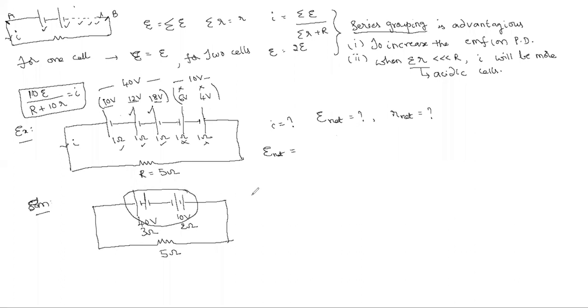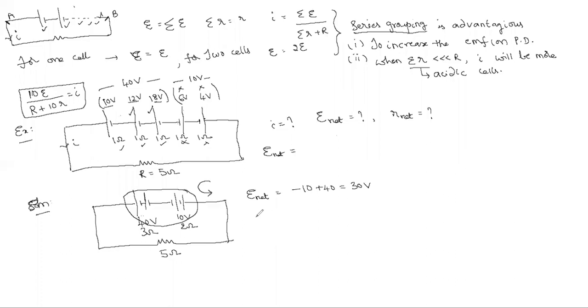So here, what did Mandua tell, what is the total EMF between these two? How much did you tell, Nana? EMF, E net equals 30, sir. How can you say that is 30? Sir, we can say it using the loop law, sir. Right, very good. When you apply the loop law, going like this, plus 2, minus 10, and minus 2, plus 40. So you will get that is 30 volts.